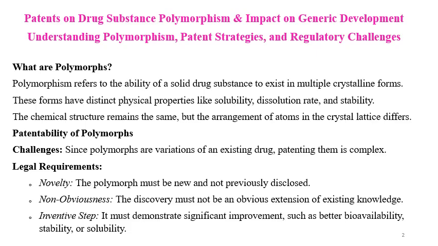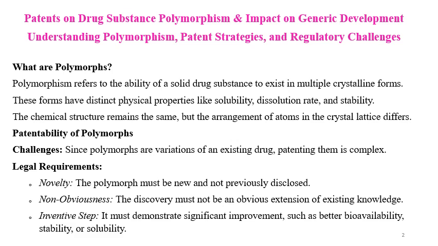Some of the polymorphic forms are more stable, some of the polymorphic forms are less stable. The different polymorphs have different bioavailability also. So these polymorphs affect not only the physical properties but also the biological and pharmacological properties. The chemical structure of the polymorphs remains the same, but the arrangement of atoms in the crystal lattice differs. Many of the times the new drug substances are studied for polymorphism and the polymorphs are patented.